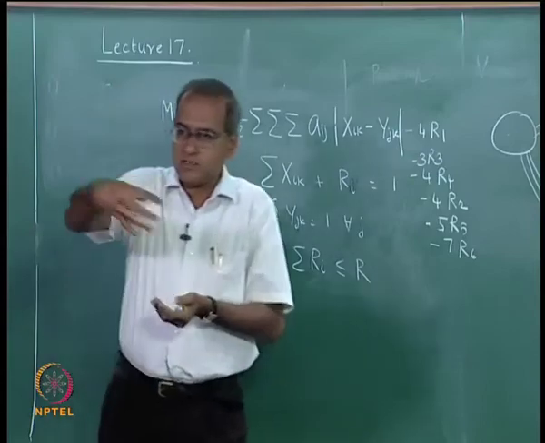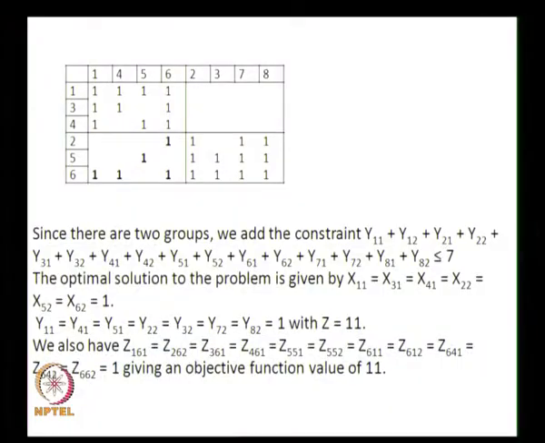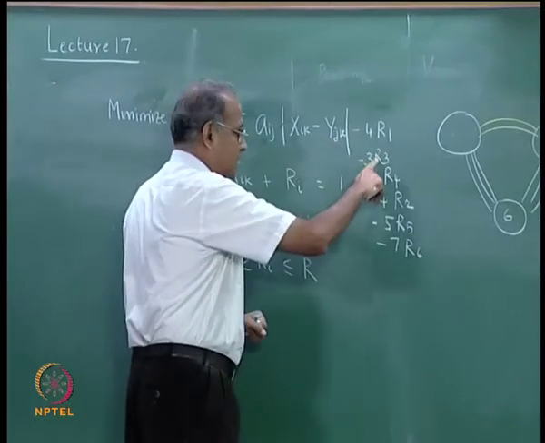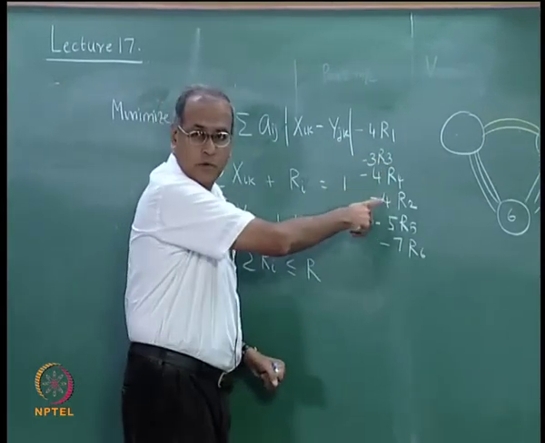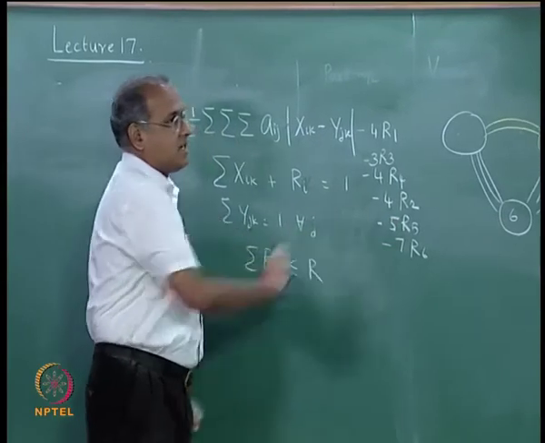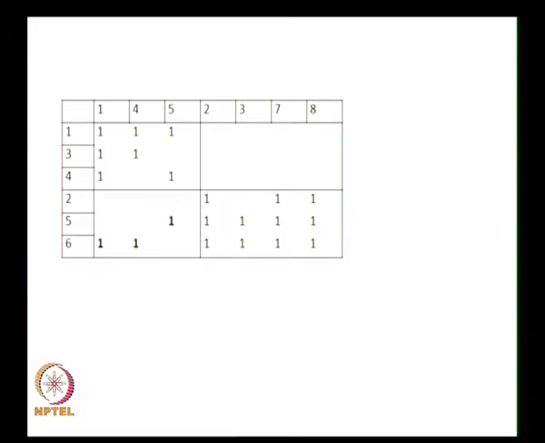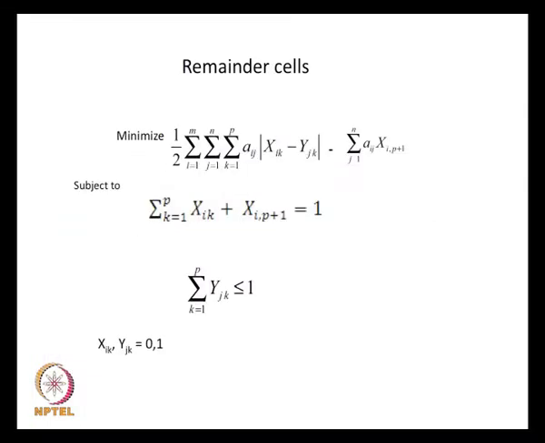Similarly, if 5 goes into the remainder cell, then another 5 moves are going to be absorbed by the remainder cell. So, that has to be subtracted. So, this is one full term. So, this is minus 4R1 minus 3R3 minus 4R4 minus 4R2 minus 5R5 minus 7R6, which is shown here as minus Aij xip plus 1 is your xr, subject to the condition xik plus xip plus 1 is equal to 1.